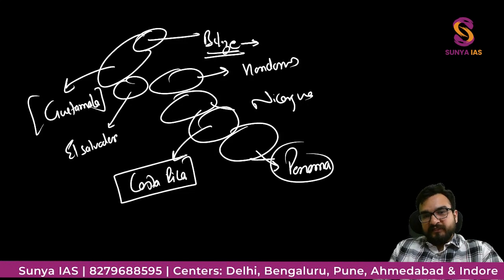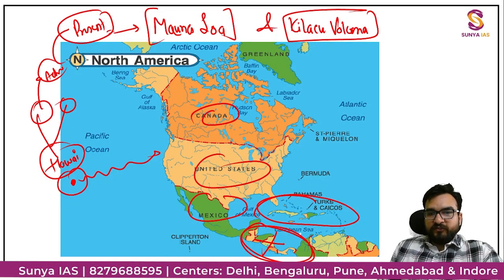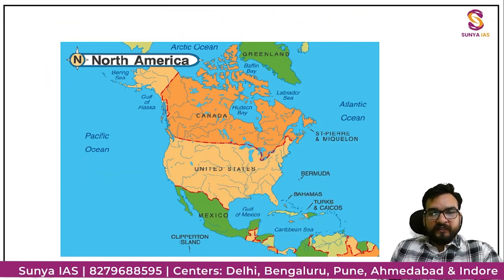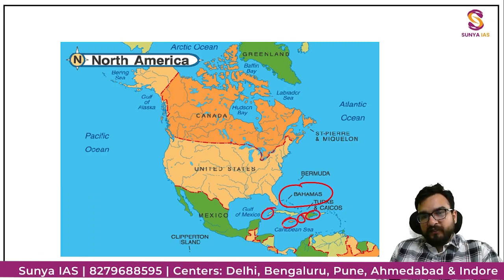Panama is the isthmus, and this Panama is basically connected with South America, right? So this is your South America. Over here, I have told you about these countries also, guys. Can you remember these Caribbean countries? Bahamas, Cuba, Haiti and Dominican Republic, Jamaica. Over here, can you remember this, which was in news? Trinidad and Tobago, and also one more island over here, which we have studied, Saint Vincent and the Grenadines.